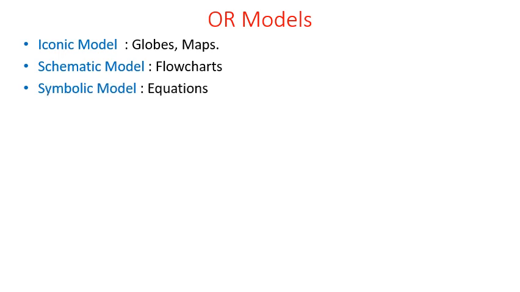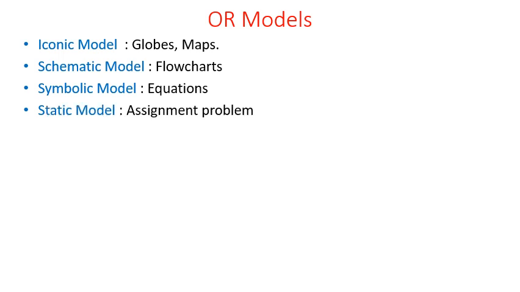Symbolic models or mathematical models, which we will be using commonly in OR, in your LPP formulations, etc. These make use of mathematical symbols like letters, numbers, etc. to represent the decision variables. For example, an equation representing kinetic energy, or a particular mathematical expression to calculate a particular parameter. Symbolic models or equations. LPP makes use of such mathematical or symbolic models.